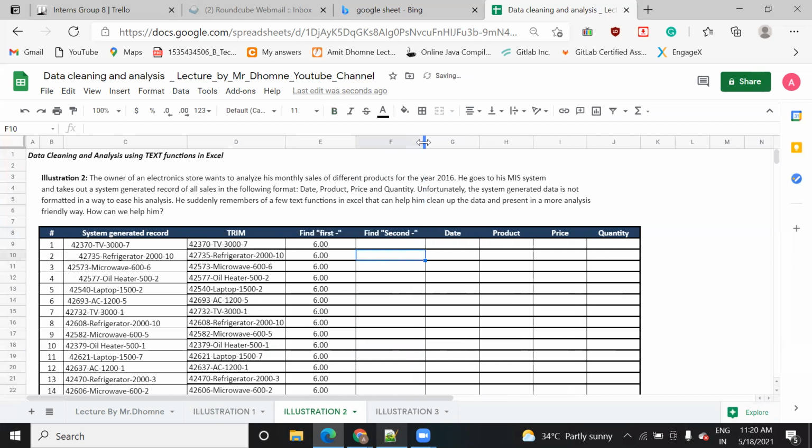Now I will do the same step. Here also I will use the find function. What I need to find is the hyphen, and where I need to find it is in D9, column D.